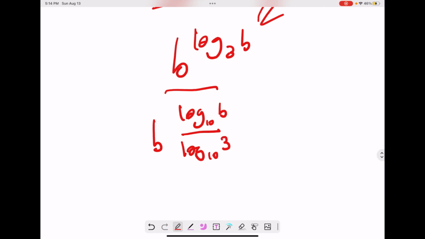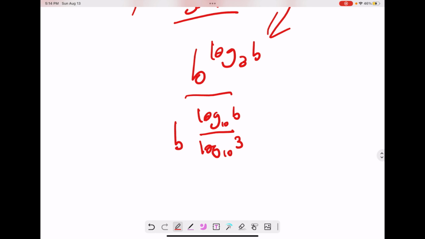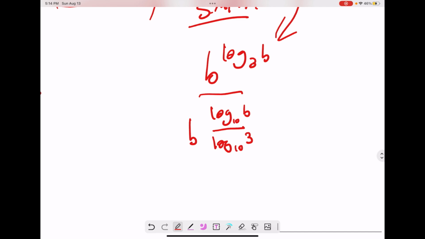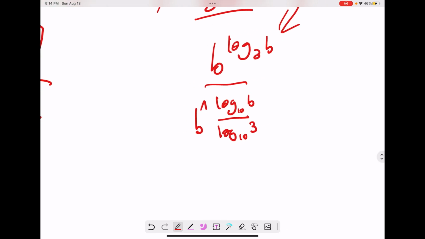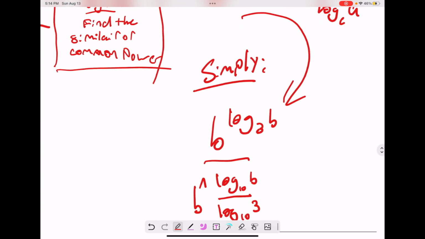This isn't really an easy equation that we can find out, but I'm going to slide this quick caret here. Now we know this is the arrangement of the logs. So now what we can do